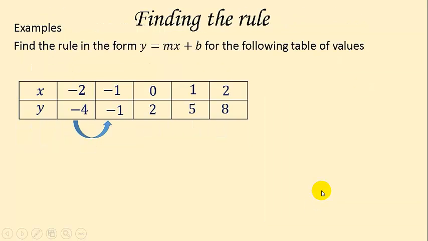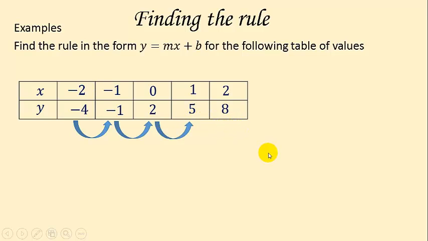Okay, we're going to find the rule now. Find the rule in the form y equals mx plus b for the following table of values. So I've been given a table of values this time. For the last one, I had a rule and had to complete the table of values. So we're doing the opposite. So the x, I've got -2, -1, 0, 1 and 2 with the relative y values, -4, -1, 2, 5 and 8. So first thing to find the rule,